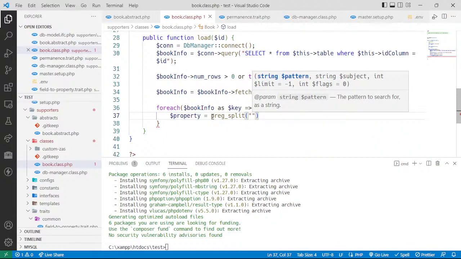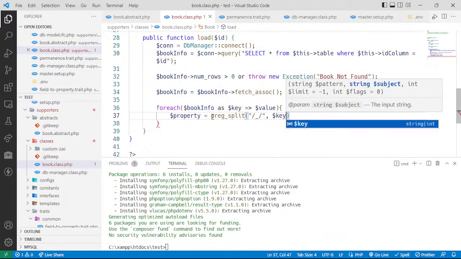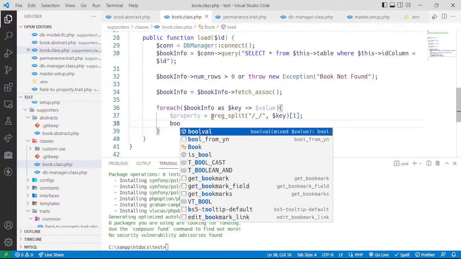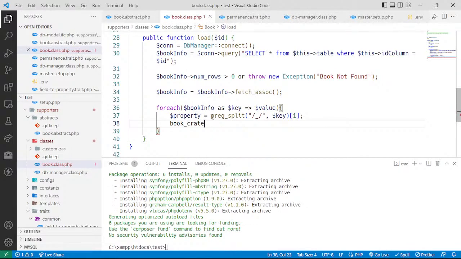We are splitting by what? We are splitting by underscore, right? We are splitting the key by underscore. And we know that, just pray that there should be no double underscore after. So the end of it, remember I was telling you, if we have like book underscore created at,